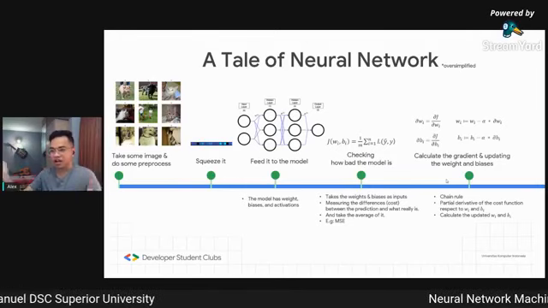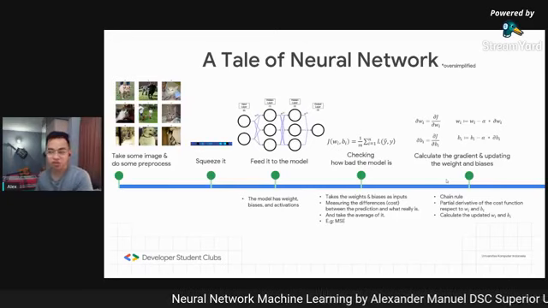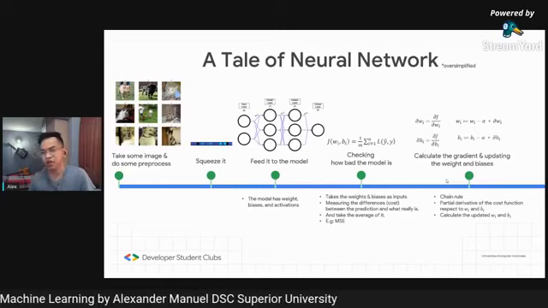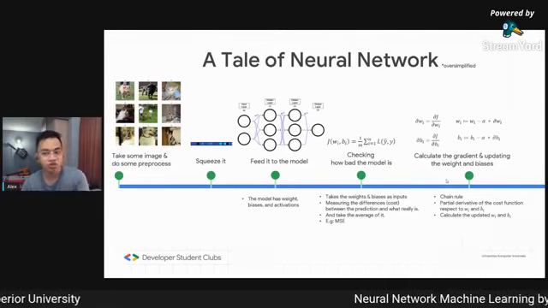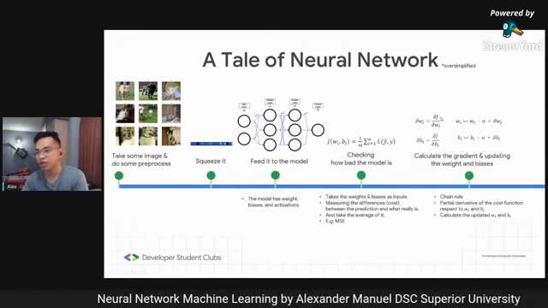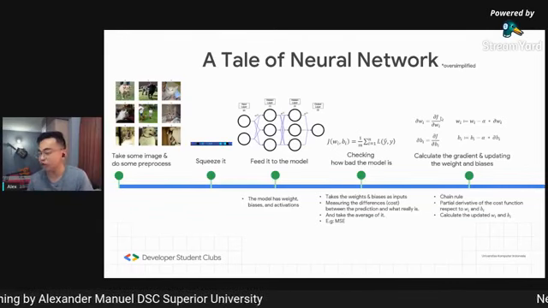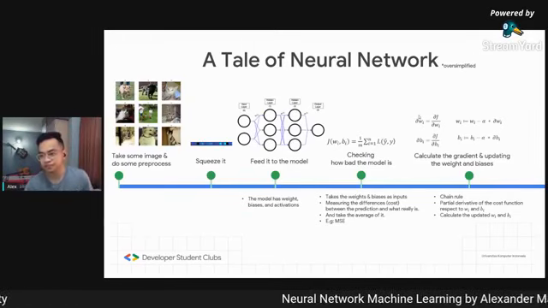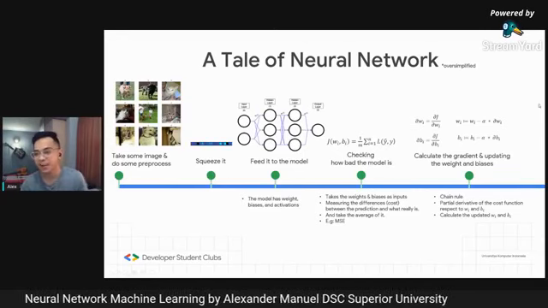Okay, I'm going to explain a very simple neural network, how it works. For this, we're going to use an image as a use case. We're going to classify an image of a dog and a cat, whether it's a dog or a cat. Very simple use case, but it's crucial to know the process in it.